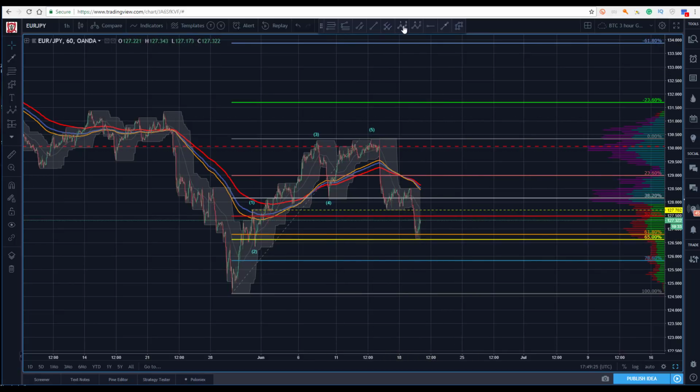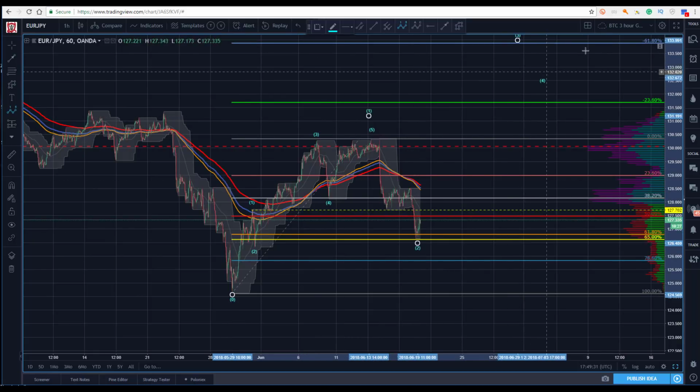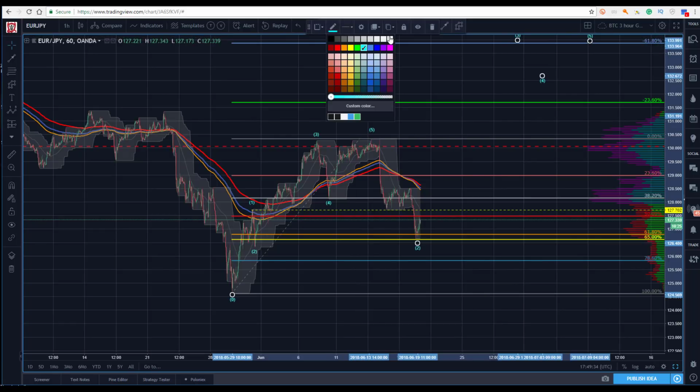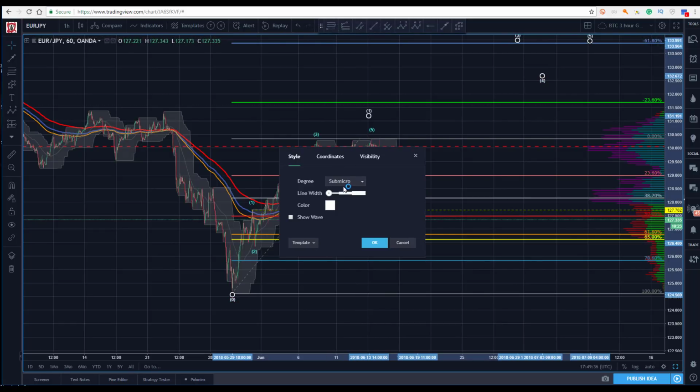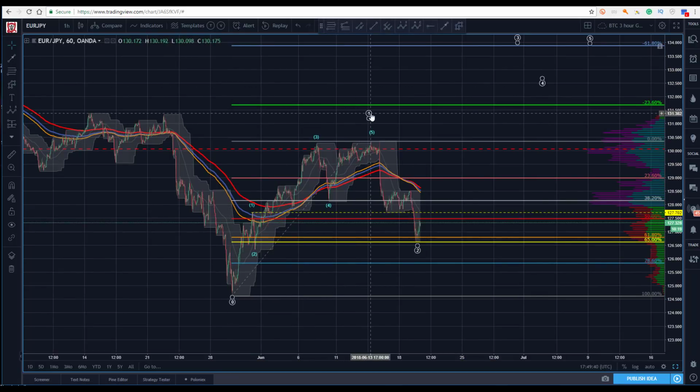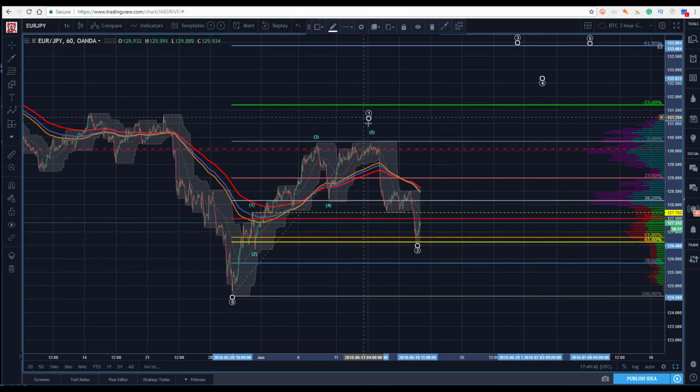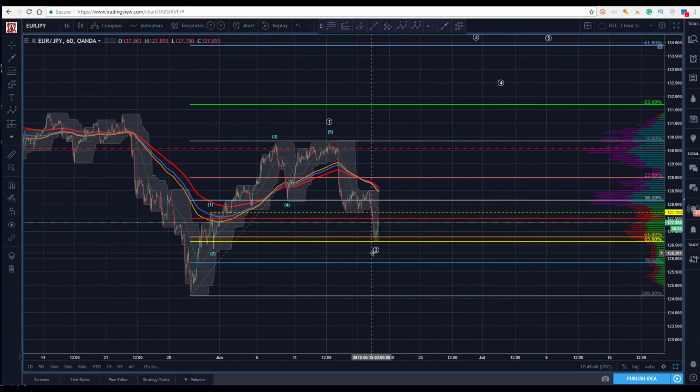So this is a contender now for the start of a new trend. Potentially a 1, a 2, and then we'd be going 3, 4, and 5. Let's get that into a higher degree here. So we've got a contender here for a 1, 2. Okay, there's 1. I got a nice little ABC into my 2. Right to the golden zone. Couldn't be better.